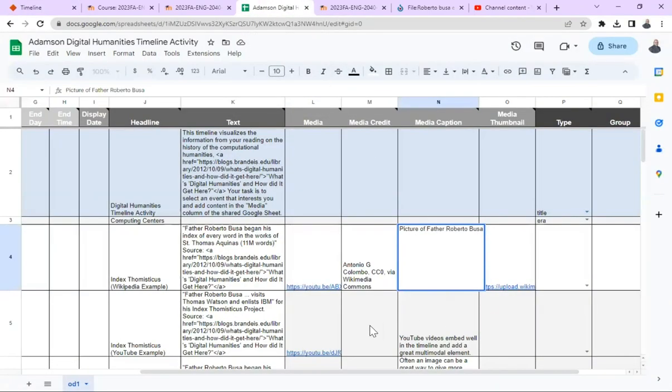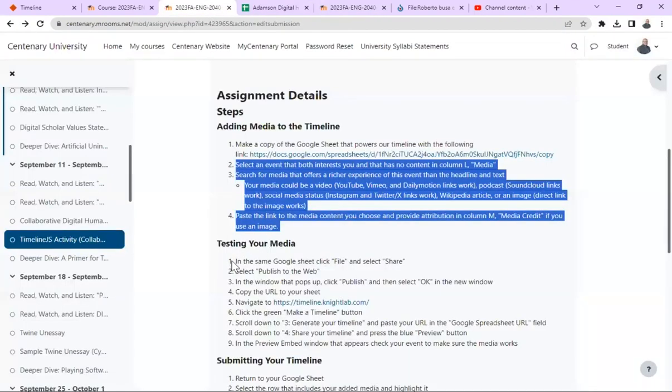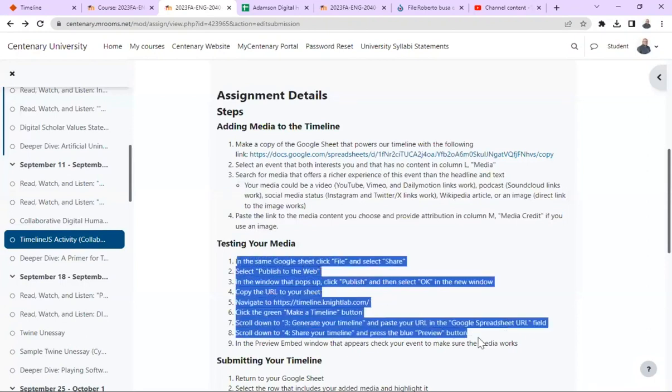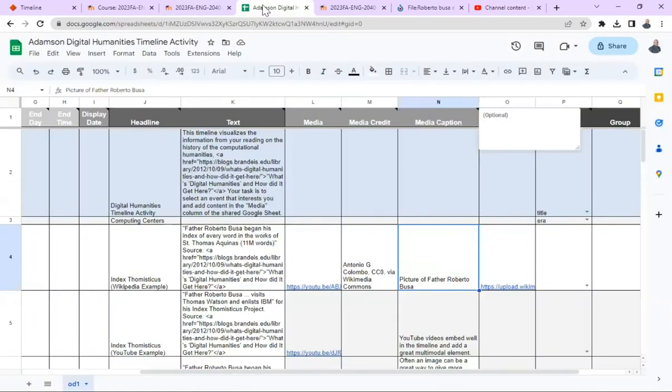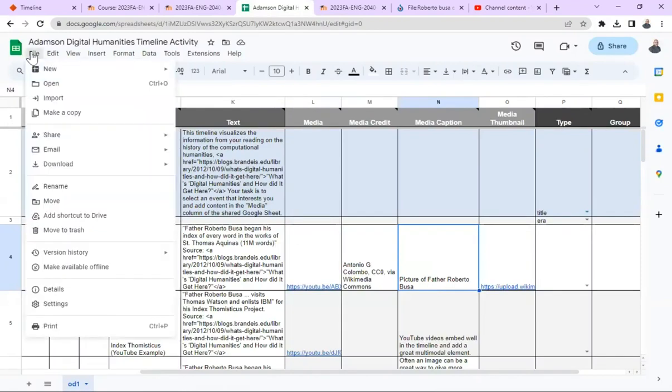Now, once you decide to do all that stuff, and this one right here is going to be messed up because I have my lecture video and then stuff about a picture, but that's fine. It's just an example. But once you're done with all of that, the next step is you want to test your media. All right. So let's go with that now. We're going to go over how to share it. So we're going to go up to File, go all the way down to Share,